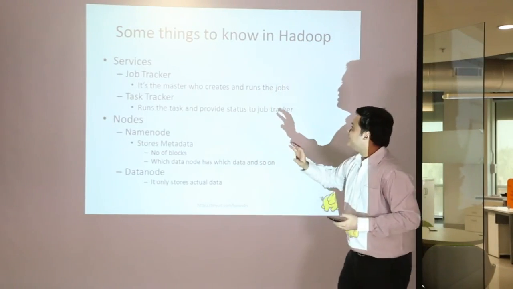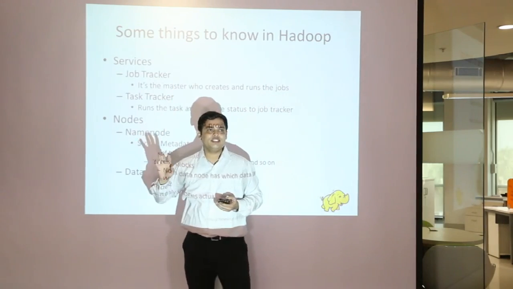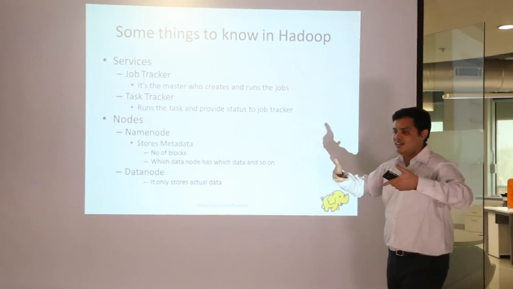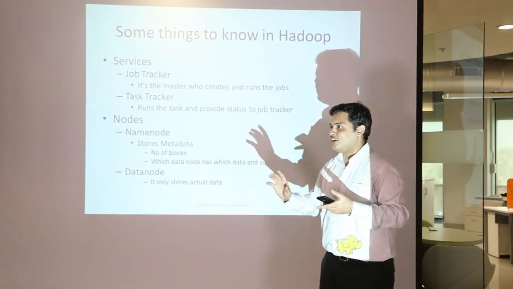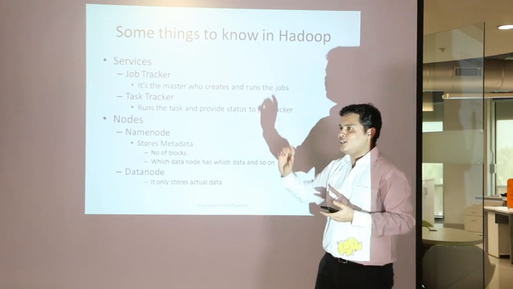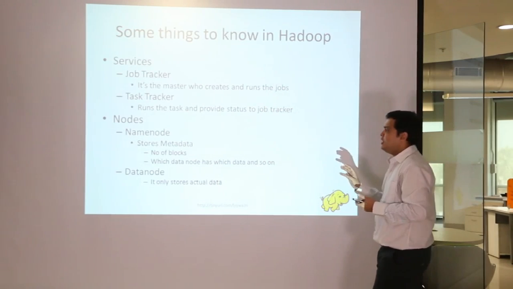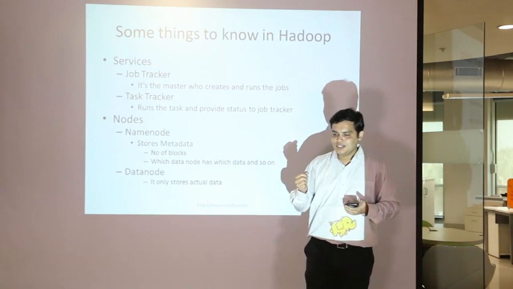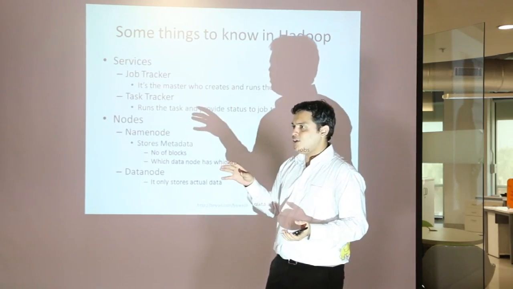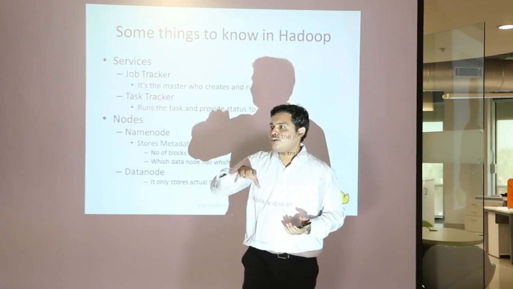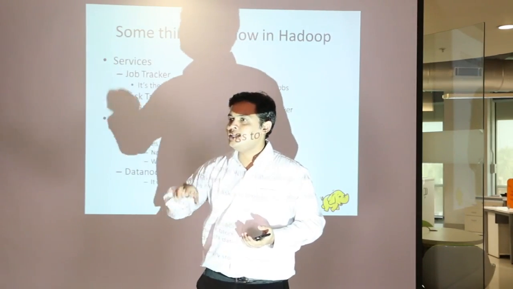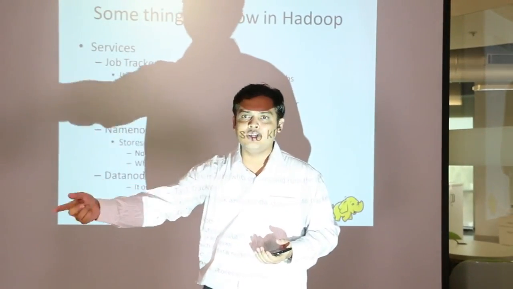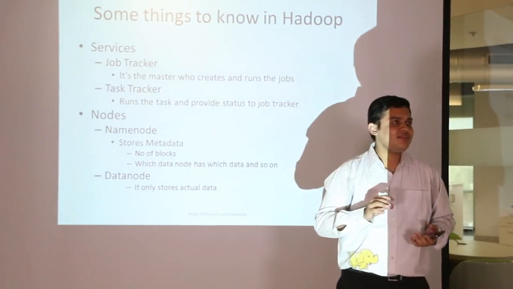Right? Okay. So these are the two types of services basically for MapReduce. Okay. Second one is the node. So when you say node, it's actually your cabinet. Let's say your cabinet is one node. So it's all the servers that you see, they are the nodes. One is the name node, which will actually tell you what data is stored on which node. Something like let's say if I have a big file, I split the file. I will take the example of that 5 GB data. I have given first chunk of 5 GB data on computer 1, second on computer 2. So basically I am the name node because I know that first 5 GB is on computer 1, second is on computer 2. Right?